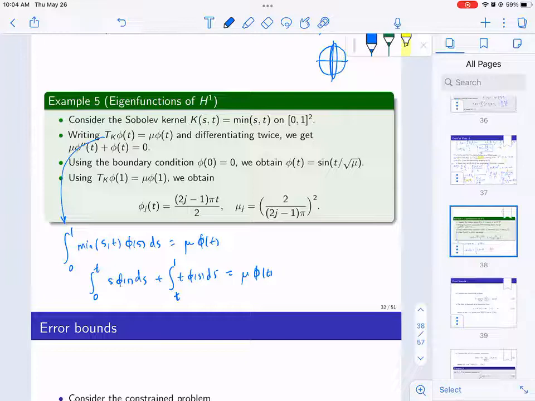And then you can differentiate. So differentiate twice, if I haven't made any mistakes. So that would give you something like that. So it gives you a differential equation. And then you bring out your differential equation skills and try to solve this. And there's this boundary condition, because we had that for the kernel. With that boundary condition, the solutions would look like,